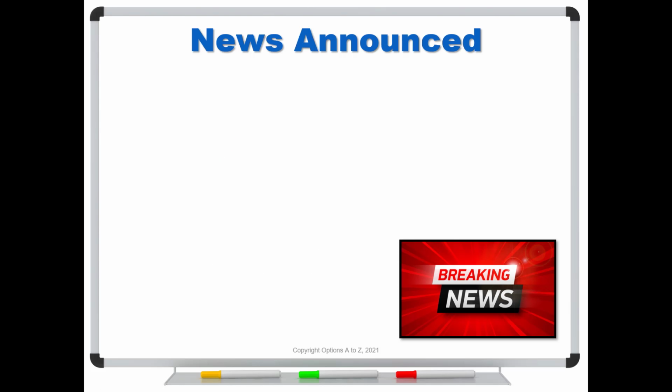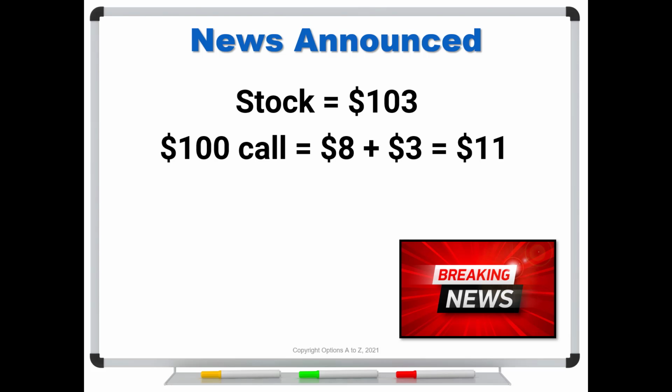So let's say that the news is announced and the stock opens up for trading at 103. So now you're thinking, well, my $100 call, I paid 8. It's now got $3 of intrinsic value, should be trading for 11. Yeah, okay, we got to subtract off the 13 cents of theta, but it should be trading for somewhere around $11. So you can't wait to sell for this big profit. You log onto your platform and you see that the $100 call is trading for $3.87. And you're saying, what in the world happened? I paid 8 for it yesterday. I'm only losing 13 cents of theta, and I've also got another $3 of intrinsic value. What is going on here?